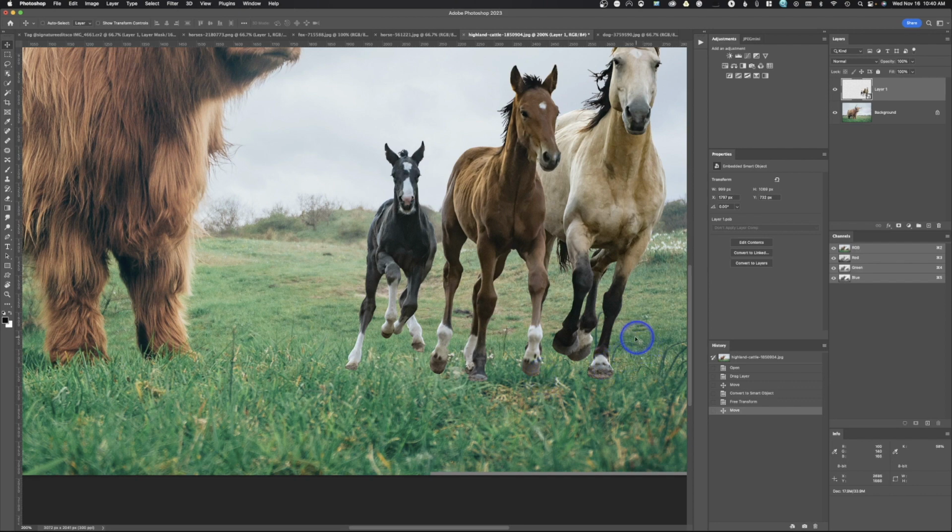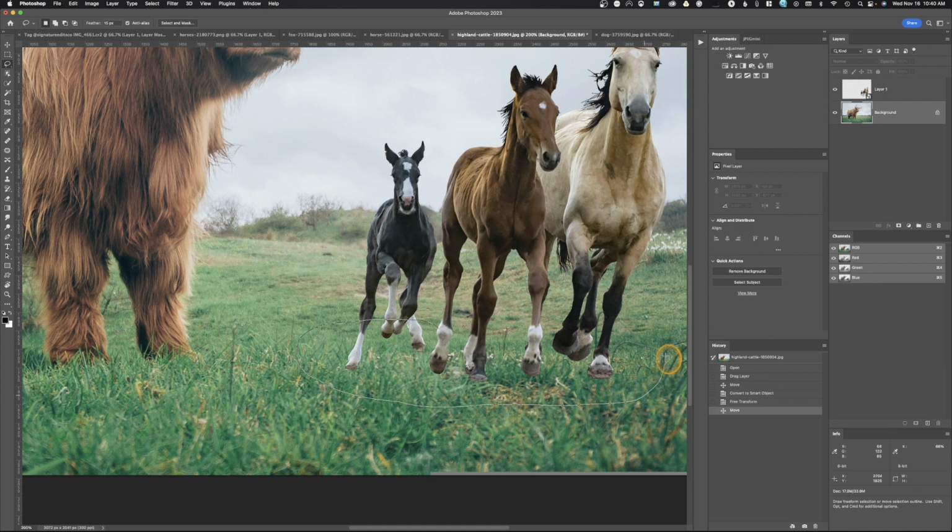Well, in this case, we want to make a selection of this area. So I'll come over here. We'll make a selection. And when I'm doing this selection, I need to make sure that I'm on the background, not the horse layer. We're trying to make a selection of the grass. I'm going to make it too big. Okay. All right. Now, after I've made that selection,